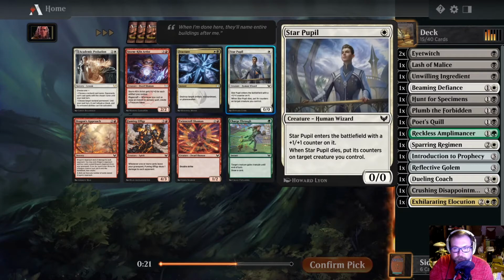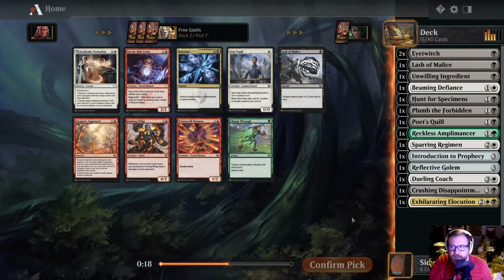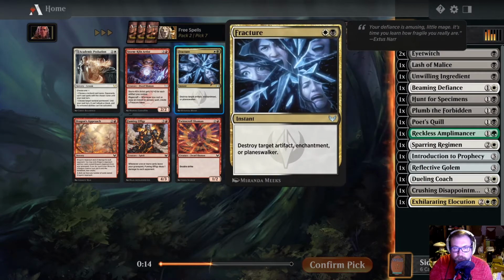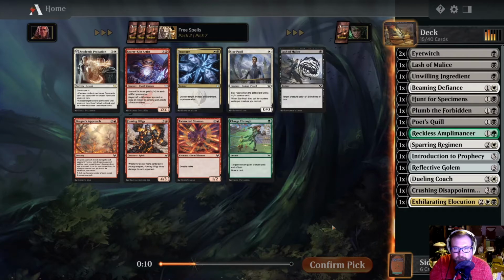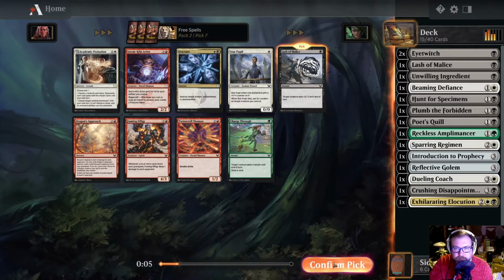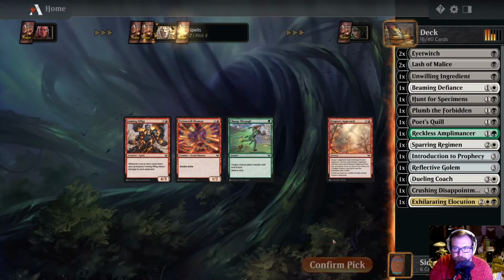So Star Pupil is nice because it dies with the +1 counter, but we've also got the Lash of Malice again. Is Fracture not playable? It's a sideboard card. It's a best of 3 card. Artifact, Enchantment, or Planeswalker. Yeah, okay. Rarely relevant in this set. It's almost all creatures and spells. I guess there's some artifact creatures, but...